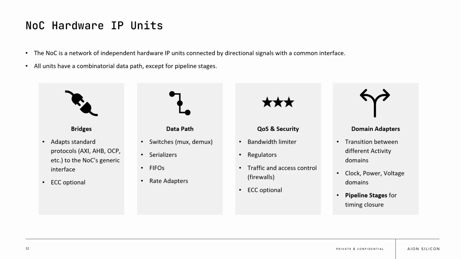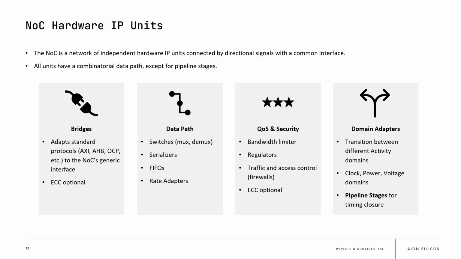In terms of NoC hardware IP units, we can think of them as broadly four classes. So we've got bridges, which interface to the IP blocks themselves on one side, and the NoC on the other side. These perform conversion from the IP's native protocol into the NoC's generic protocol. There is ECC support in bridges as well if you require functionally safe